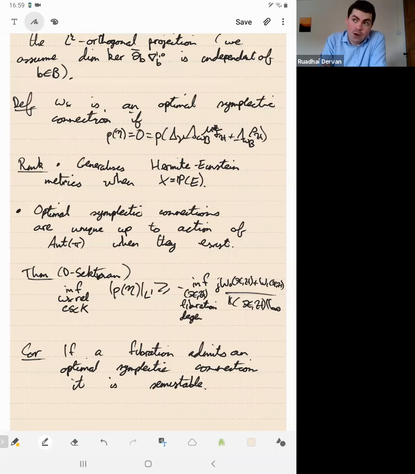I think the problem seems more tractable for locally trivial fibrations. The issue is that I don't know what plays the role of the space of almost complex structures on a fixed symplectic manifold. So my conjecture is that yes, this should be a moment map condition, but we don't know what that moment map condition actually is. I think it's an important question for future research. Thanks.